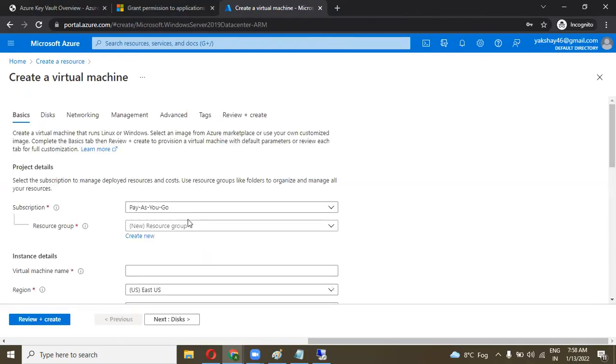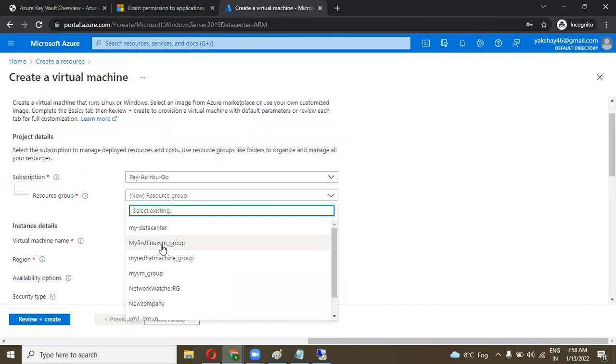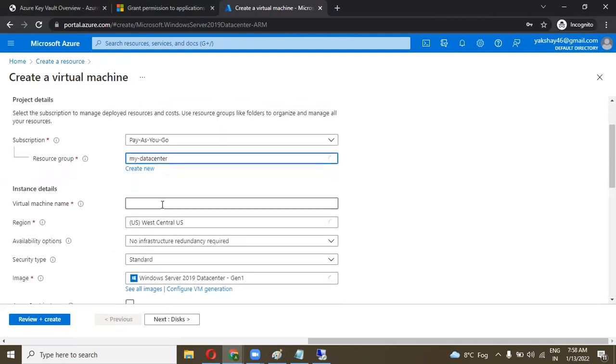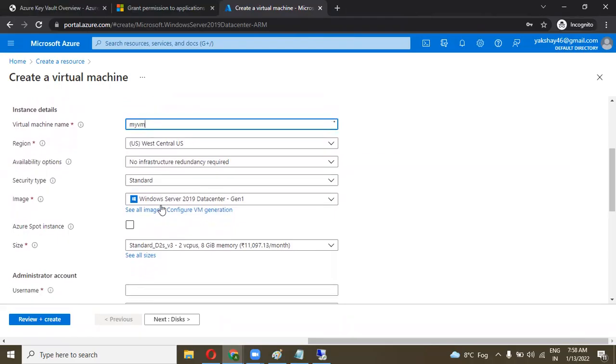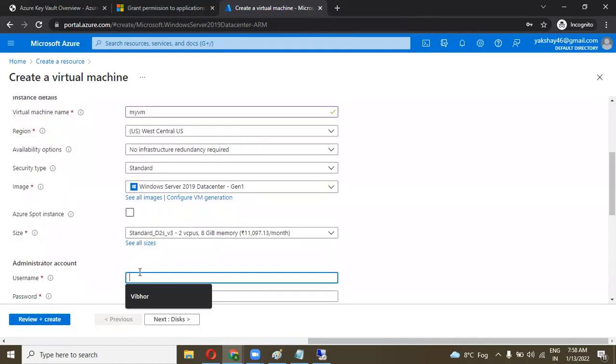I want to create a virtual machine and resource group. I am going to select my data center and my VM, Azure user.